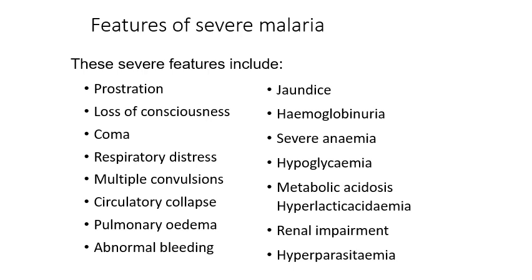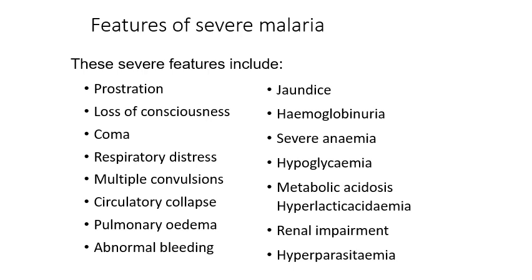Features pointing to cerebral malaria: respiratory distress. Malaria causes respiratory distress, one, due to the presence of lactic acidosis, because of anaerobic respiration, which could be due to shock. Secondly, because of what they call non-cardiogenic pulmonary edema, which occurs in severe malaria, or even due to the severe anemia that's occurring. Multiple convulsions, circulatory collapse, which is referred to as